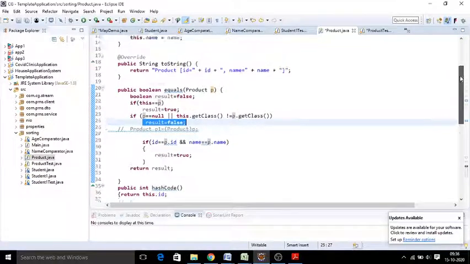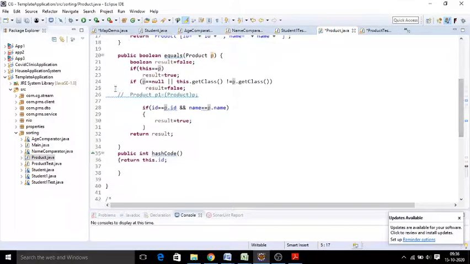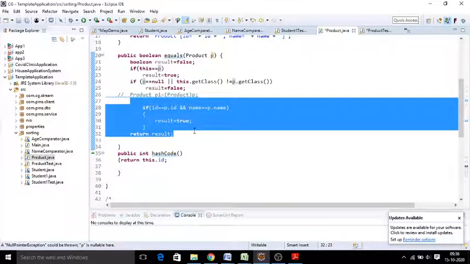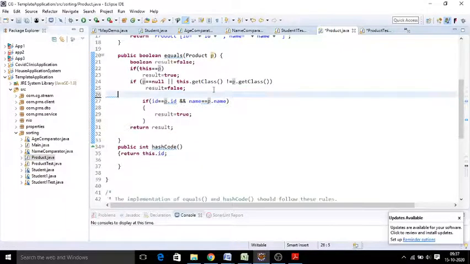And one more thing is, if an object is containing data, we need to check each and every attribute value as well. At any point in time, any attribute of the object may change. Again, we need to ensure whether the object is the same or not. So we need to construct the logic by checking its attributes as well. So the next condition is, we are going to check each and every attribute.